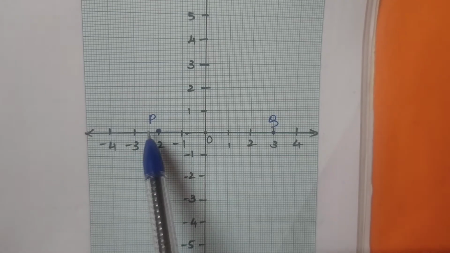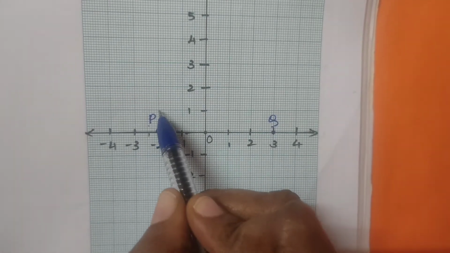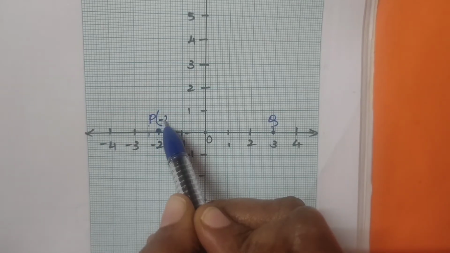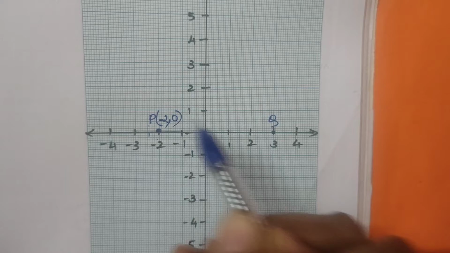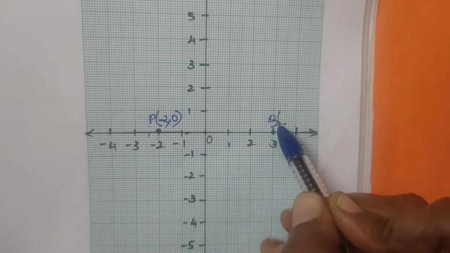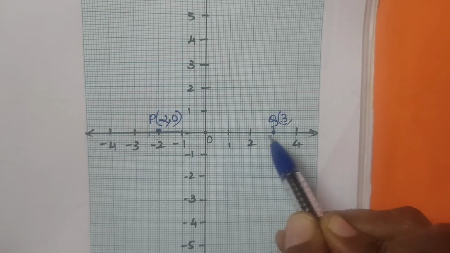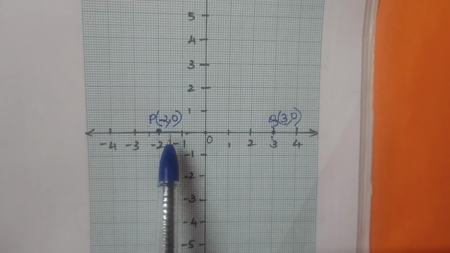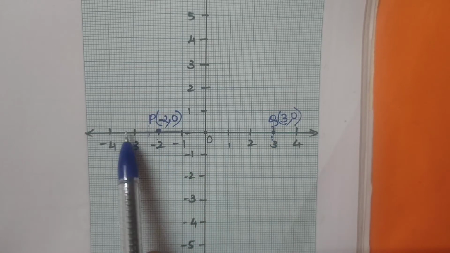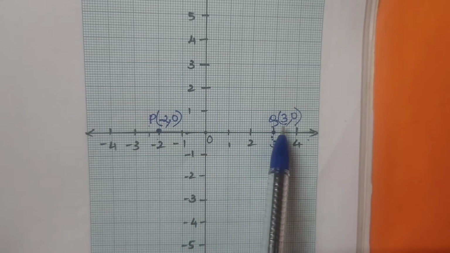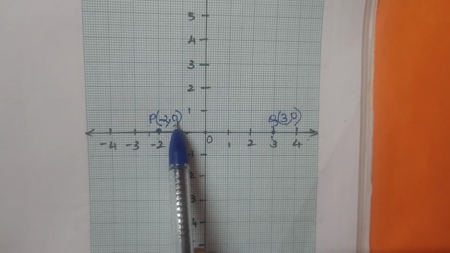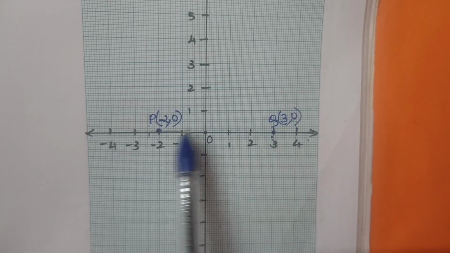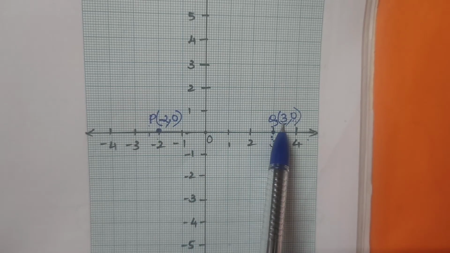Now, what is the coordinate for the point P? See here how we usually write it. The x-coordinate is -2 and the y is considered as 0 here. And this is Q. That is 3 on the x-axis and y we don't have anything, so 3, 0. So when finding the distance between the 2 points on the same axis, see, the y coordinate here is 0 and here also 0. So we have to ignore it. Only we have to see -2 and 3 here.